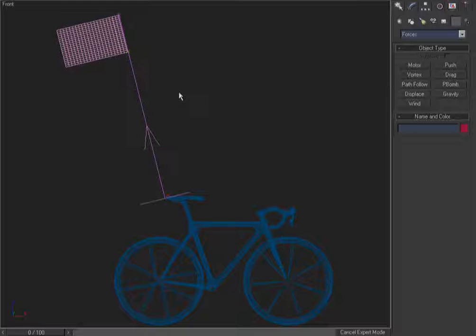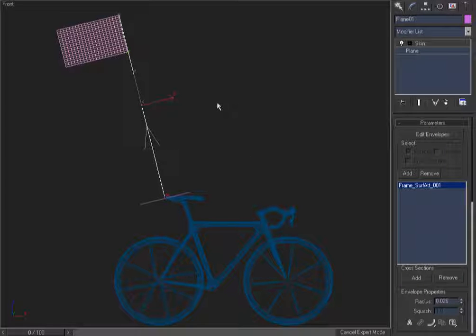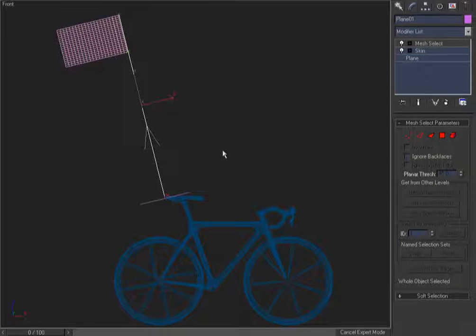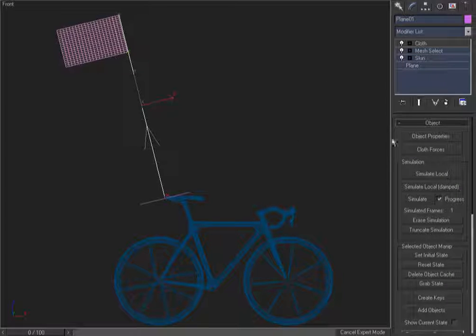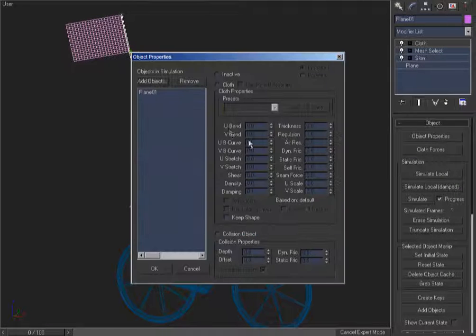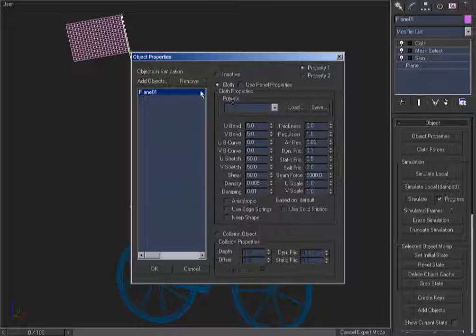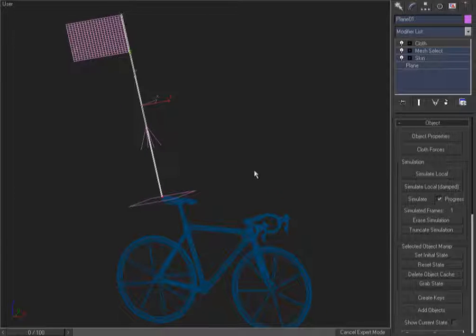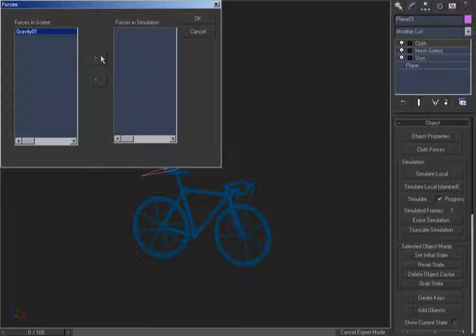So let's go ahead and start setting up our sim. So we're going to grab this object right here, and I'm going to throw a mesh select at the top of that stack to just basically close out the stack. And then I'm going to throw my cloth effects modifier. So go to object properties, say plane, just select the object, make it cloth. And again, I'm really not going to tweak with the settings too much right now. I think I will change the density to say 0.01. Turn edge brings on and say OK. Now I'm going to select this gravity as a cloth force,